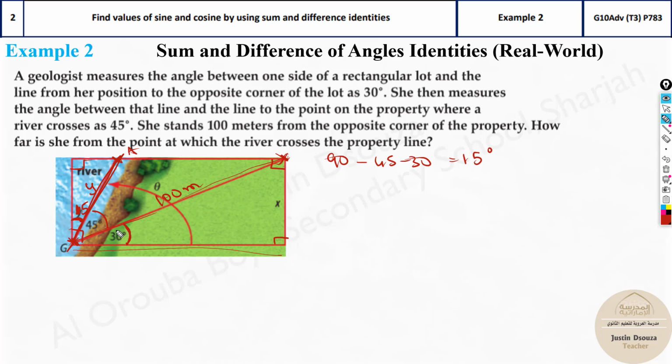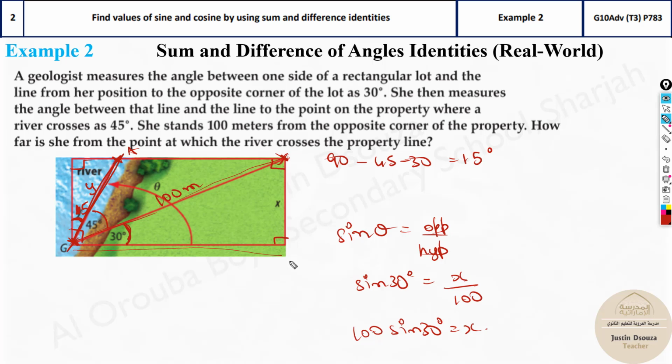Which function connects this hypotenuse and this angle? It's sine theta and the opposite side, sorry. Sine theta is opposite by hypotenuse, isn't it? So I will put sine of 30 degrees is equal to opposite, which is x, by 100. And now solve for x, that is take this to the other side, 100 sine 30 degrees equals x. That's the thing. Now once you solve x over here, you can easily find y because this angle is known,